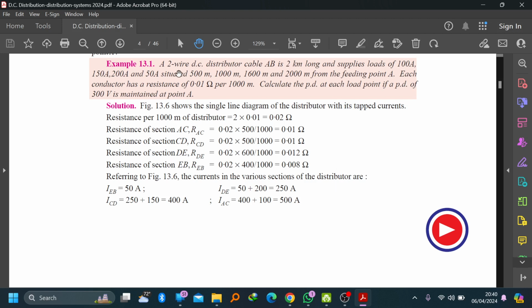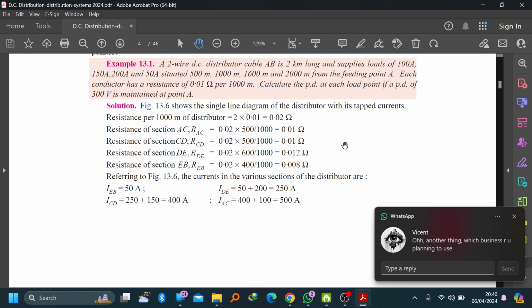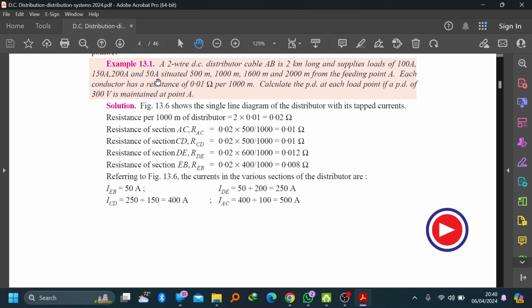So this is the example that we have. I hope you can see my screen. The example we have is, let me write it down a little bit, but if you can see it, they are saying a 2-wire DC distributor cable AB is 2 kilometers long and supplies,